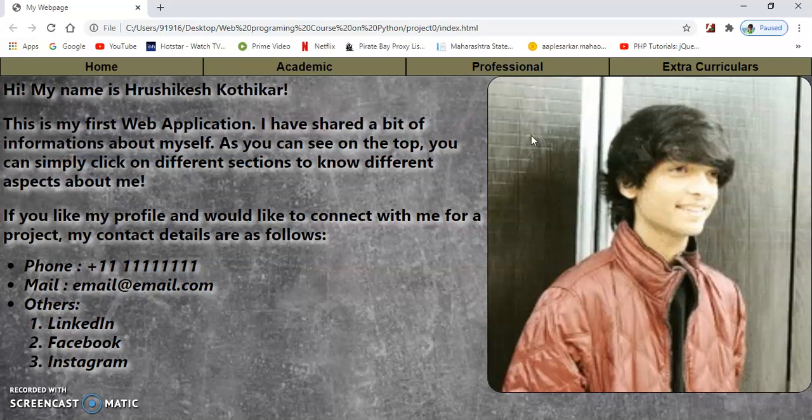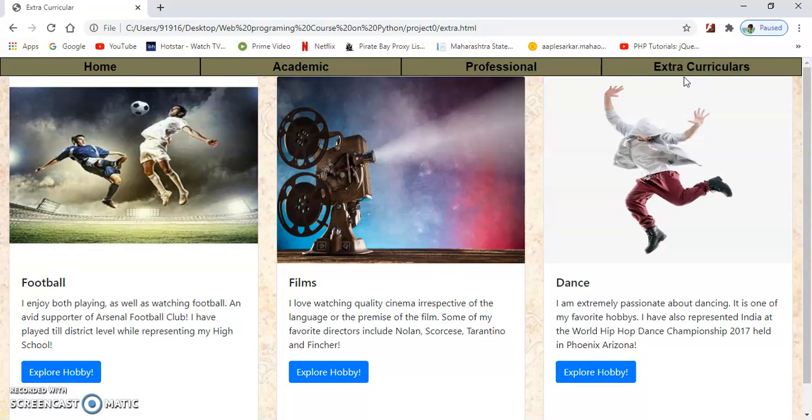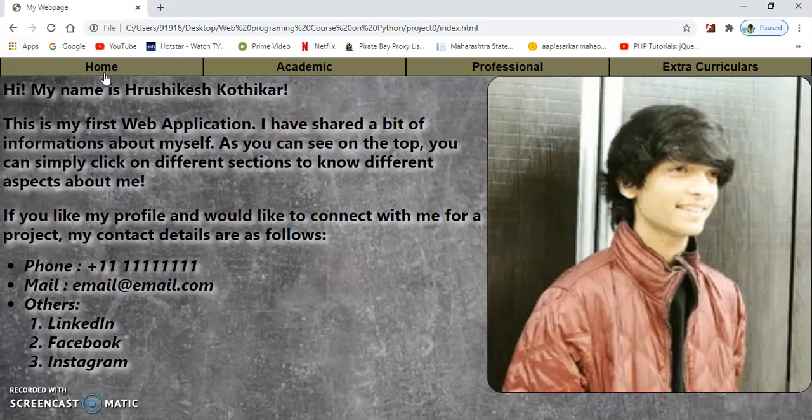as we can see, a personalized web page has opened, and as per the requirements, there are 4 links on the top, divided into 4 columns of equal length. These 4 columns are created using the Bootstrap's layout of grid model, and as you can see, every time I click on any link, it transports me to that particular home page or to the academic, professional, or extracurricular page, and they are accessible from all the pages, so you can navigate from one to the other easily.